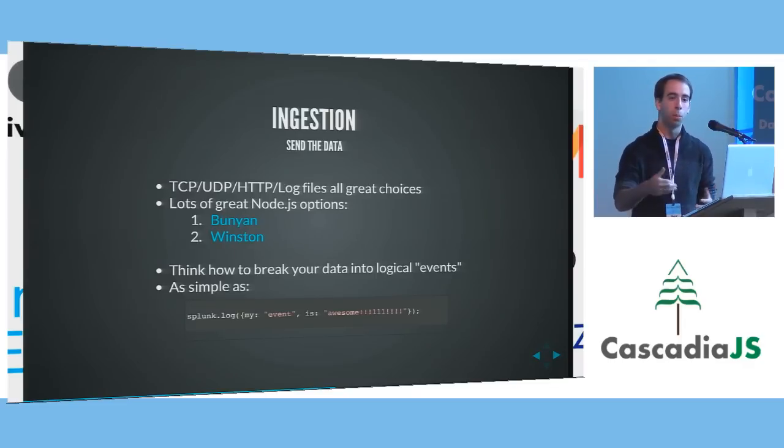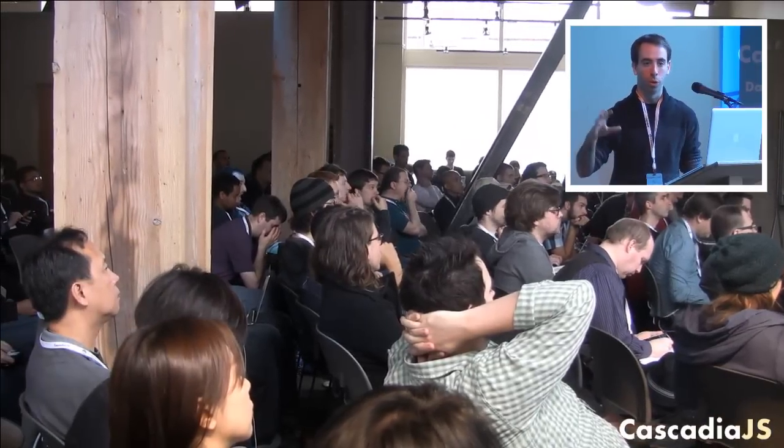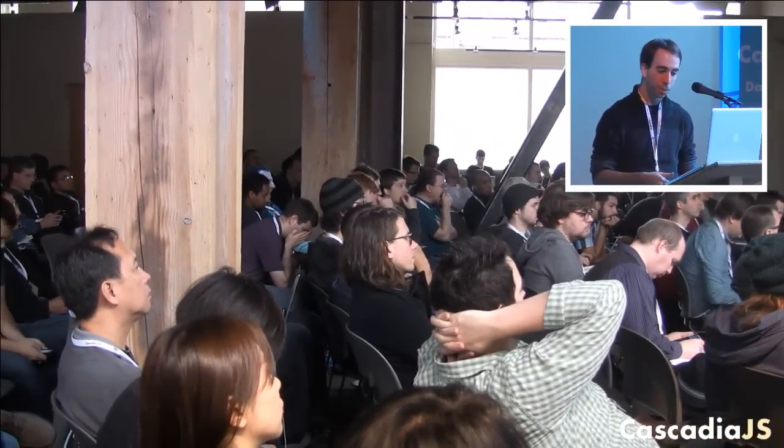So all the libraries in the browser that allow you to catch the uncaught exception and log it somewhere, in essence, that's generating a kind of log and a kind of event. Or you can use things like Bunyan or Winston to write out to a log, but that log can either be a file on disk, or it can be sent over UDP or TCP directly to Splunk or Hadoop or your NoSQL database, etc.